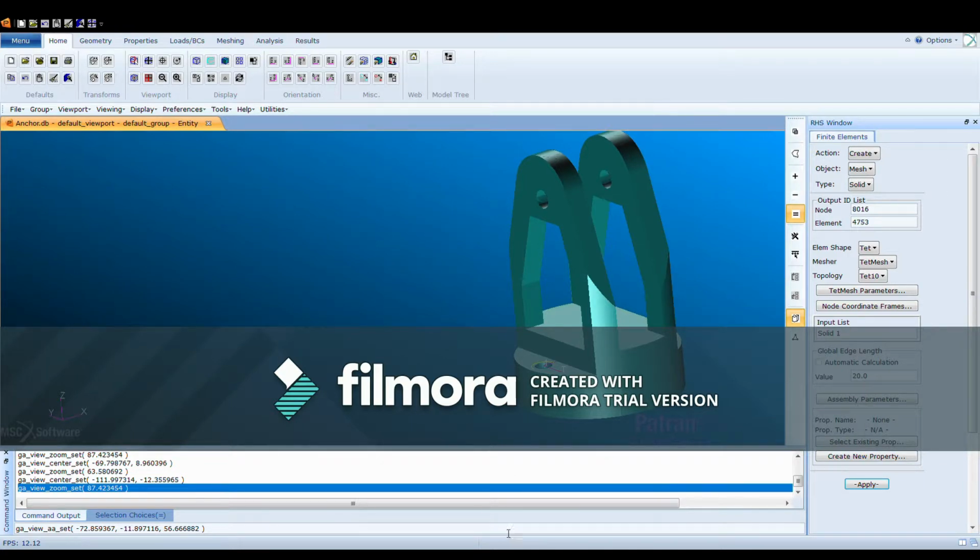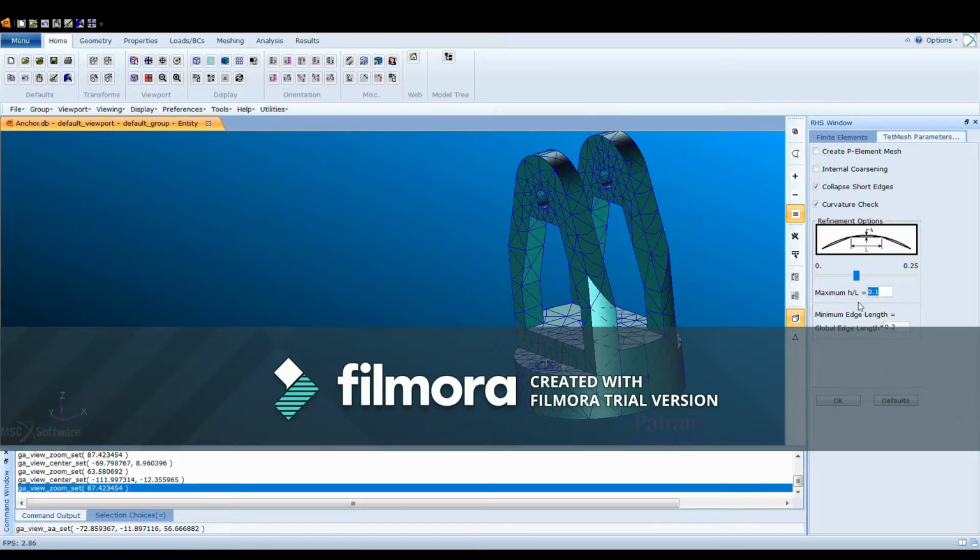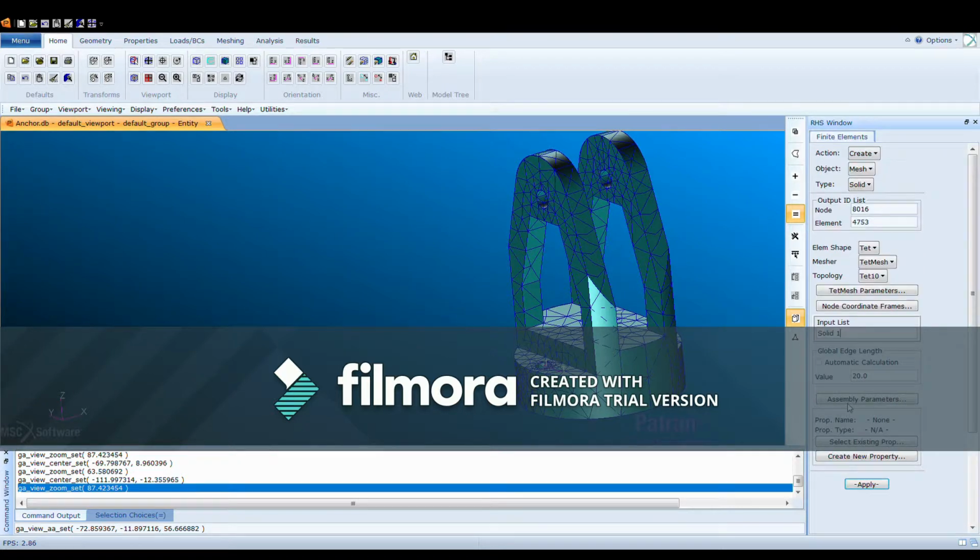It's a TET10 mesh, and we're going to go into the parameters, and what we're going to do is limit a few parameters. Going to go with 0.5 for the maximum height length, and our global edge is going to be 0.1. We'll click OK,